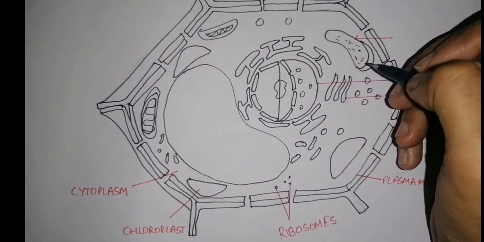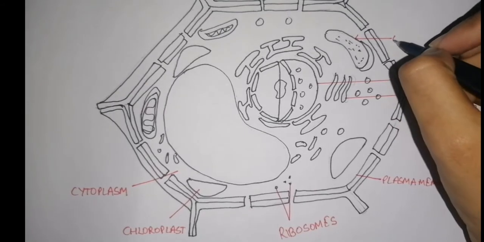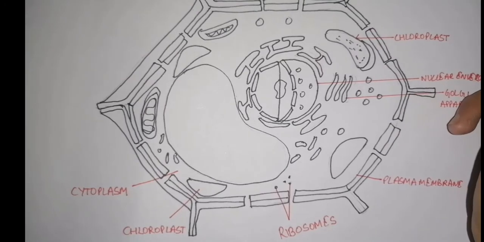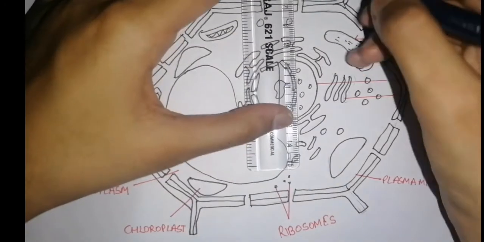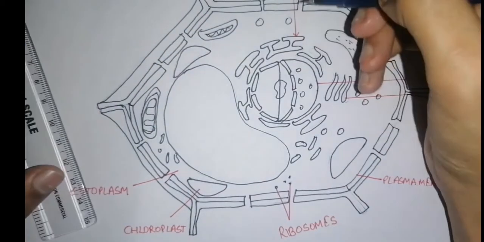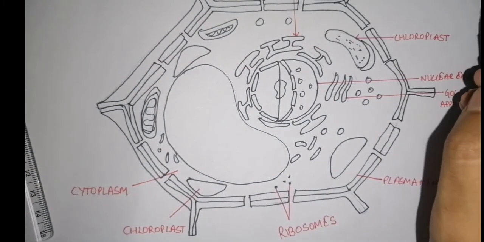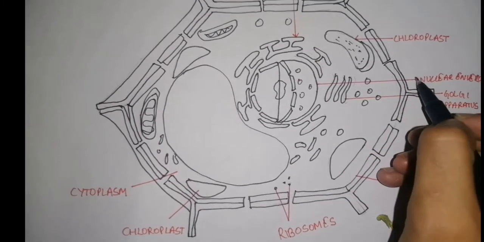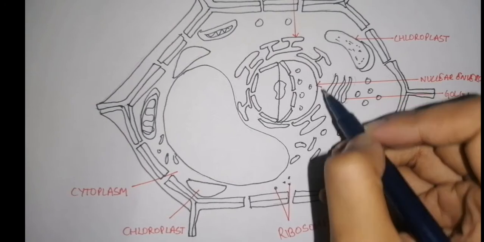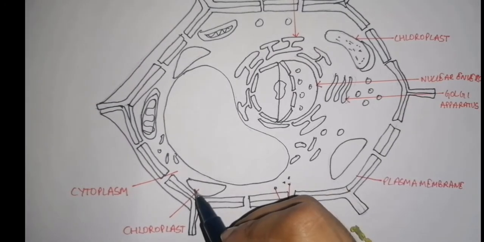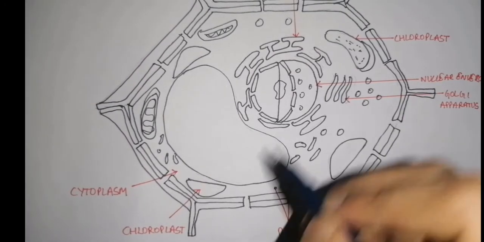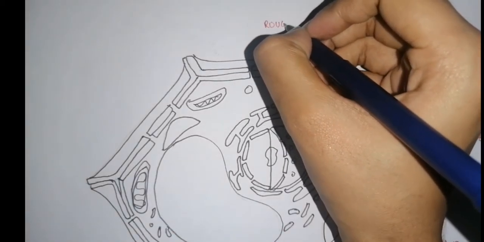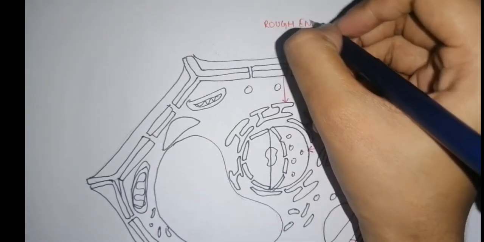Again comes our chloroplast. Now here remember one thing. Whenever you make diagram, in the labeling, the arrow mark should be inside. Like this as shown. What you do is you mark the arrow outwards where you write, but that's a wrong way. You should always mark the arrows inside as shown. This is our rough endoplasmic reticulum or RER.